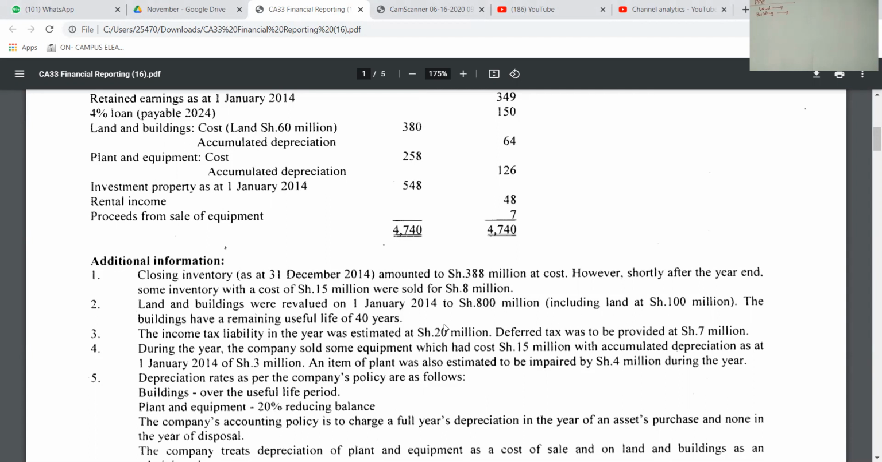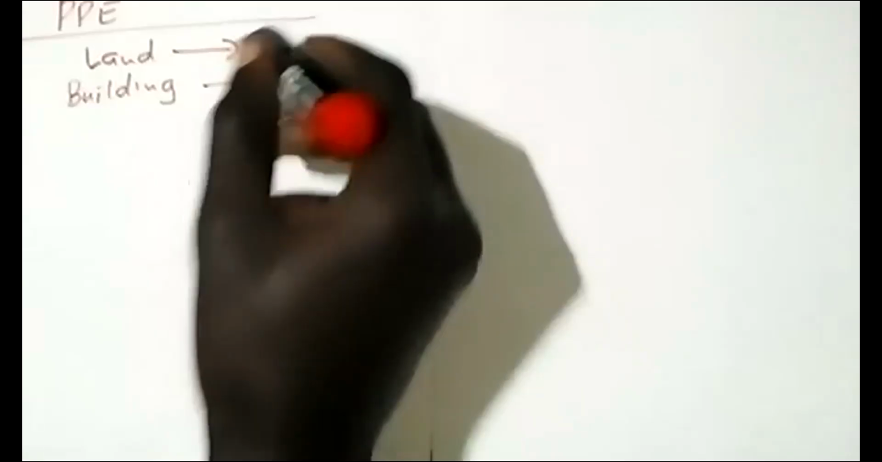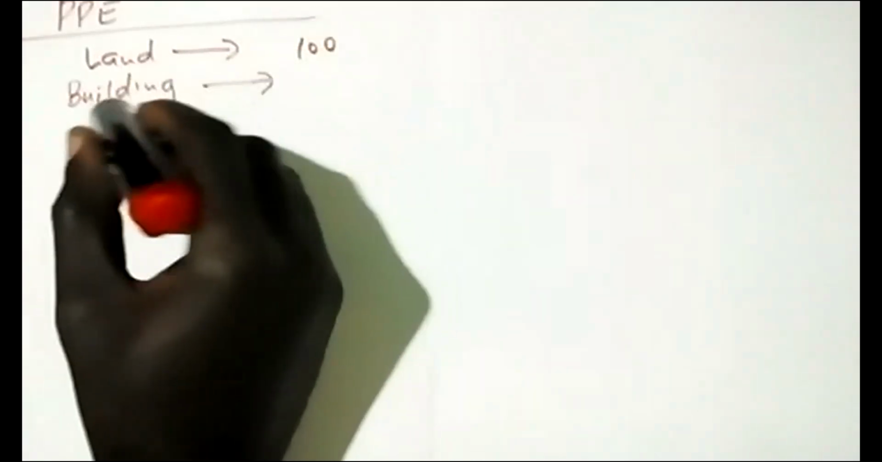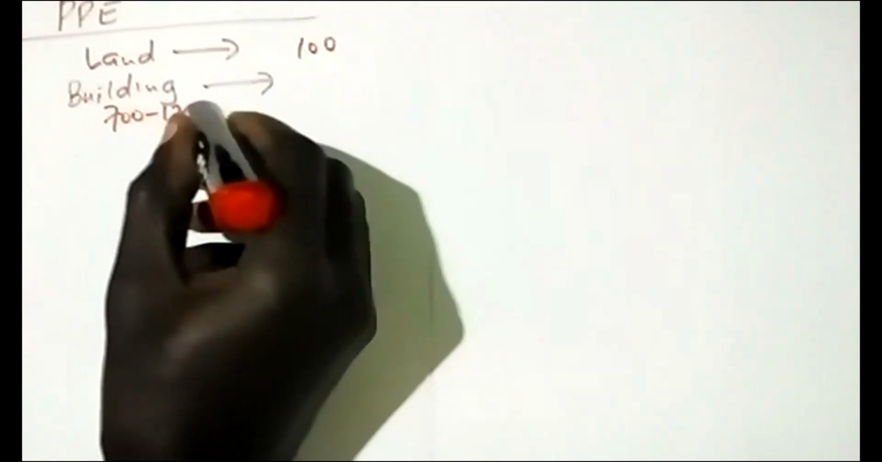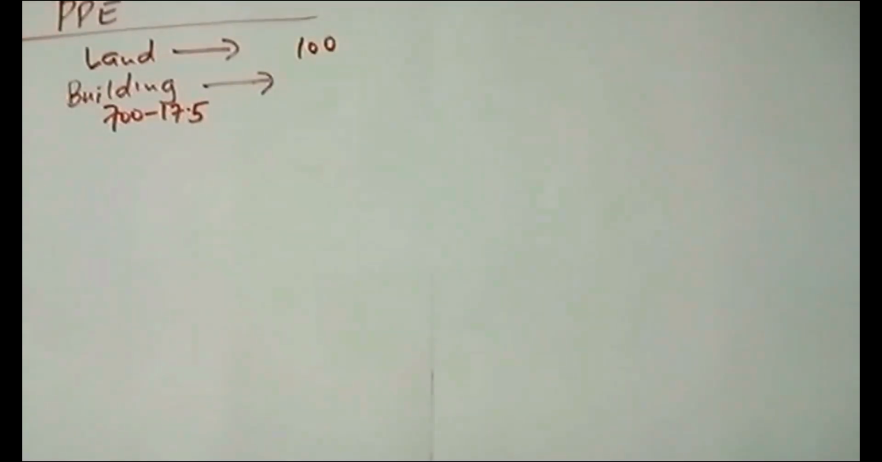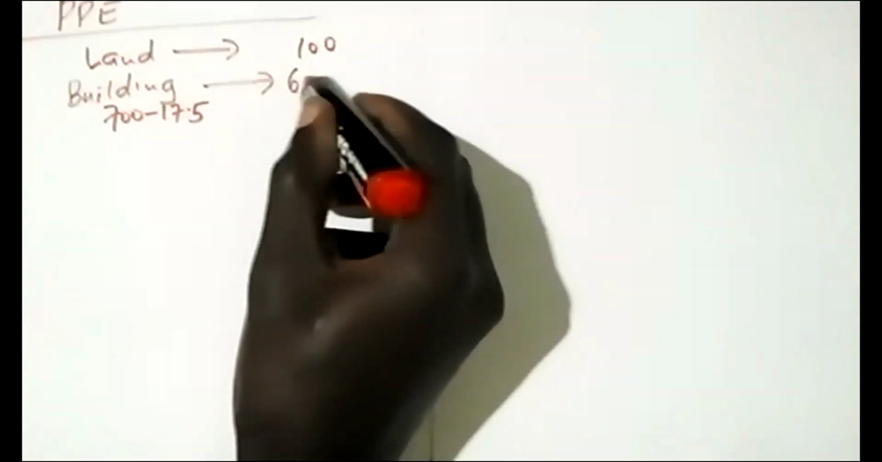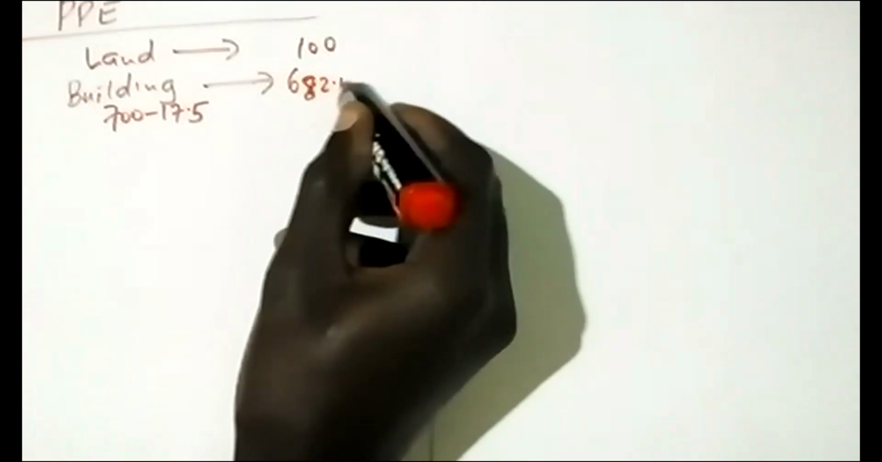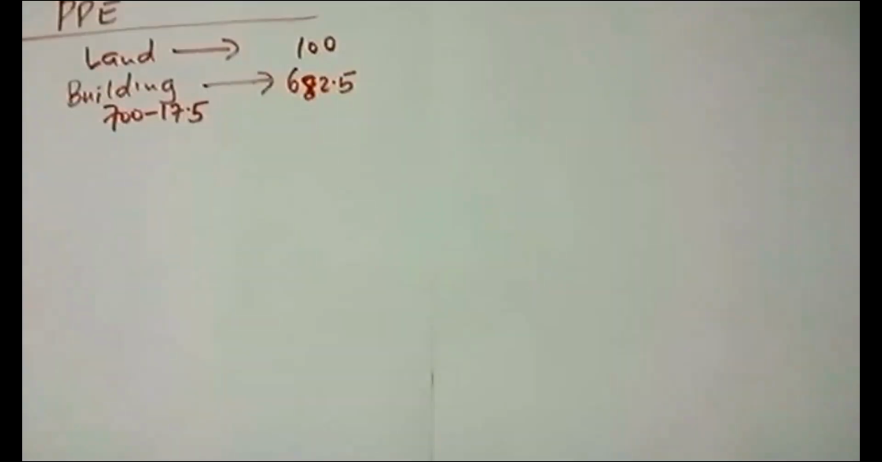But I cannot record 700 for building because there was a depreciation of 17.5. So that is whereby we took 700 after evaluation, you divide with the 40 years. You get the depreciation for that 1 year. So which means that this one we record 100. Then this one we record 700 minus 17.5. 700 minus 17.5 is 682.5. Then another asset which was present,